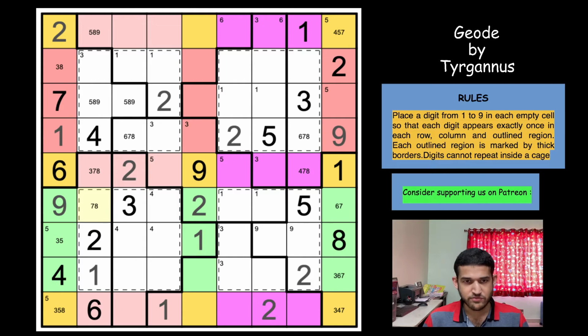That's 7, 8. And row 5 column 2 cannot be a 3 as well, because that would place a 3 in these three cells, right? Remember, we use the in-out rule, and which means you can remove the 3 from row 5 column 2, and that gives a 7-8 pair in this region. So which means this will be a 3-5, giving us an 8 here, and that means this will be a 5-9 pair, giving us a 3 in row 2 column 2, and that's 5-9 row 1 column 2,